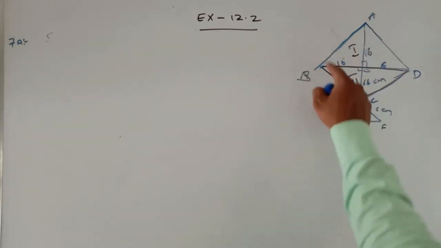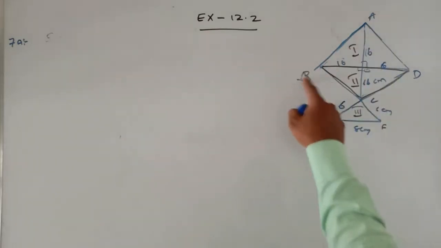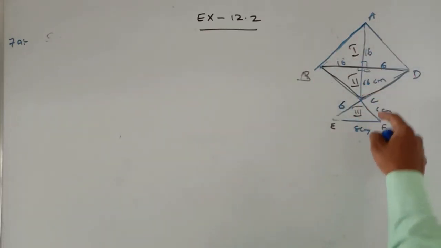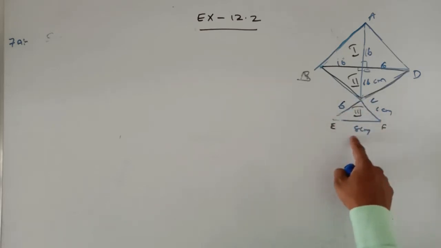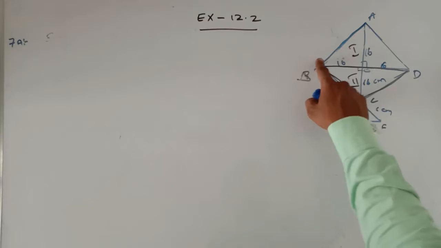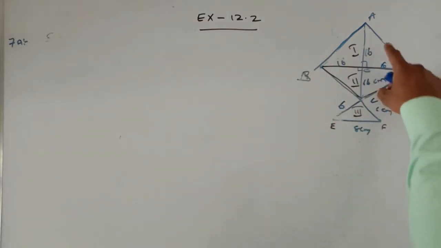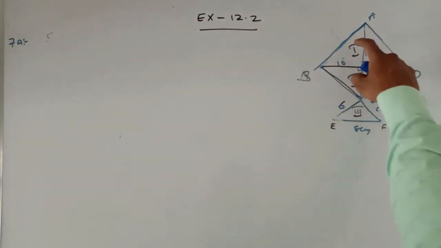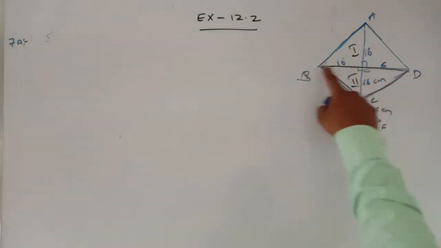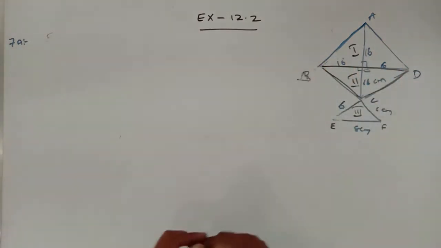So here a kite is in the shape of a square. I am taking ABCD as a square and its diagonal is 32 centimeters. And one more triangle is there, with sides 8 centimeters, 6 centimeters and 6 centimeters. Now I am dividing the total shape of the kite into 3 parts. This is one part, and the second and the third. Here this is going to be the diagonal. This length is given as 32 centimeters.